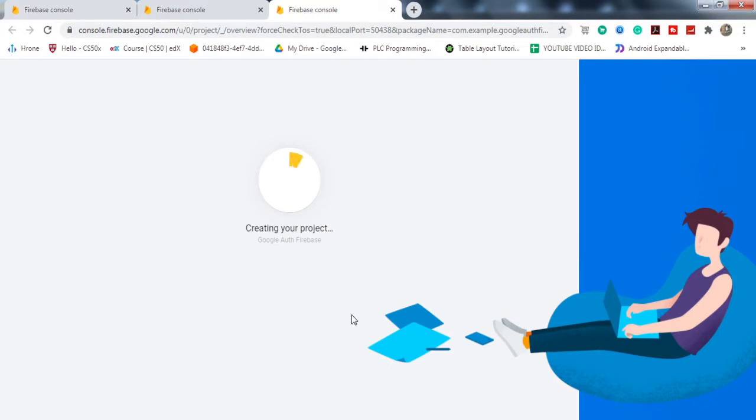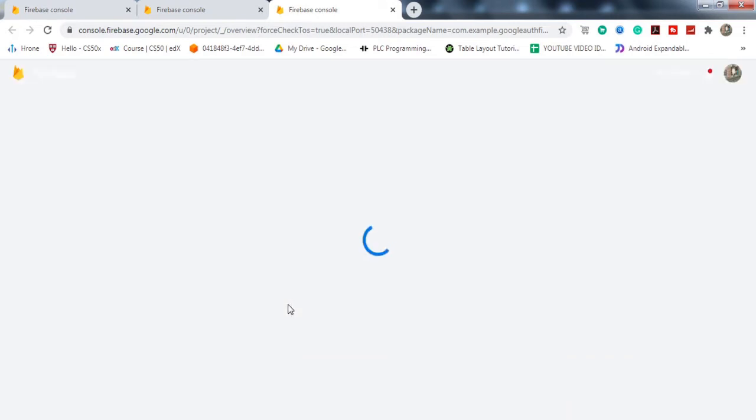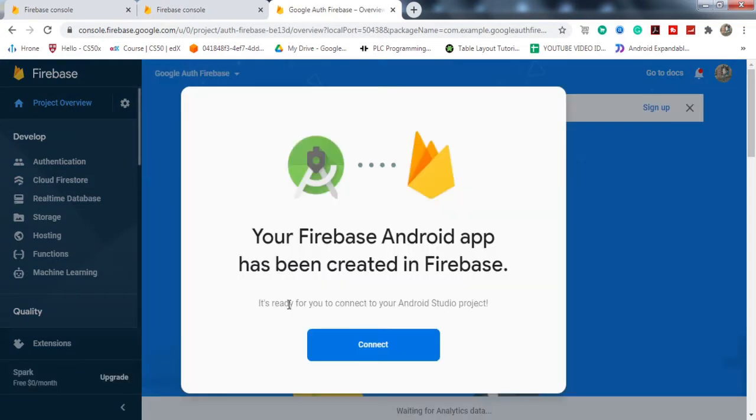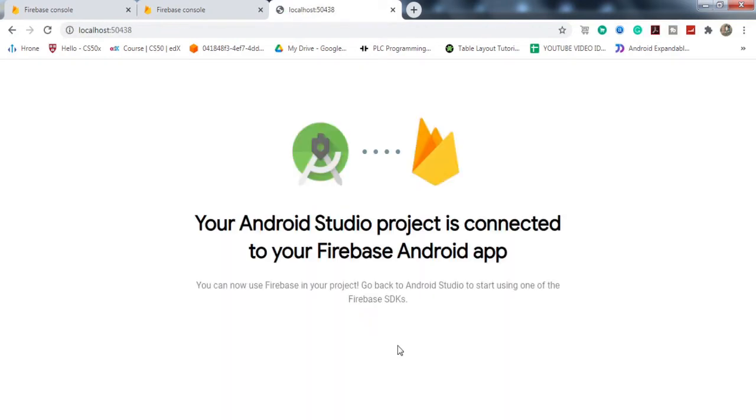Okay, so it's creating the new project for our app. So now the project is created. We need to click on continue. So now we need to click on this connect button. Okay, now the project has been connected to our app, right?